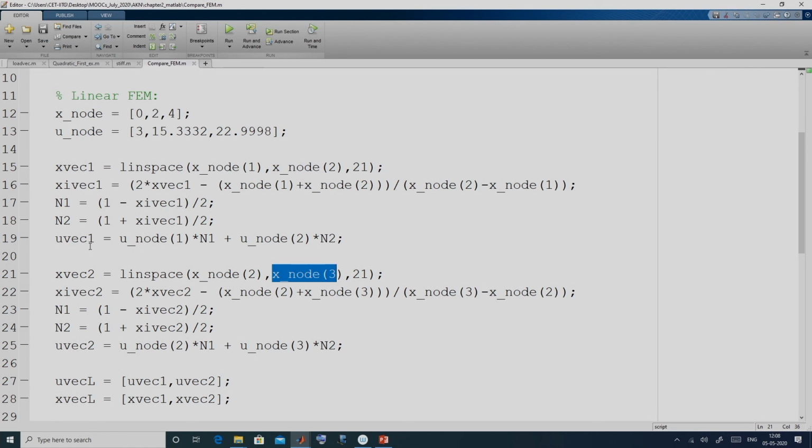Now this u vec 1 and u vec 2 are the distributions in element 1 and element 2. We combine these in u vec L, that is the distribution of u using linear elements. X vec L is the corresponding x points. So these two, u vec L and x vec L, are for the entire domain.